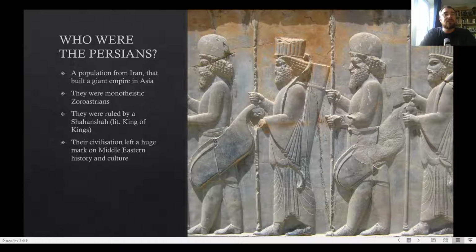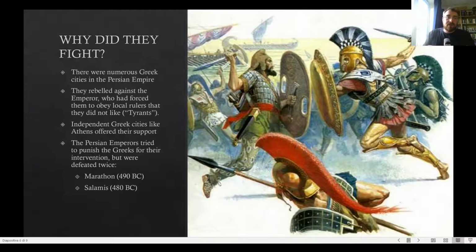Now, why did these two people fight? So, the Persian Empire, as we said, ruled over thousands of different peoples all over the Middle East and North Africa. Among them, there were some Greek city-states in Ionia, a region that is now Western Turkey. The Persians, sick of these cities all constantly fighting with each other, even though they were under the king, and constantly having these political debates, tried to impose on those Greek city-states some rulers which they did not like. They were called the tyrants. Tyrant is another word we get from Greek, from the Greek tyrannos. And therefore, since they didn't like these guys that were imposed on them by the Persians, these cities rebelled in